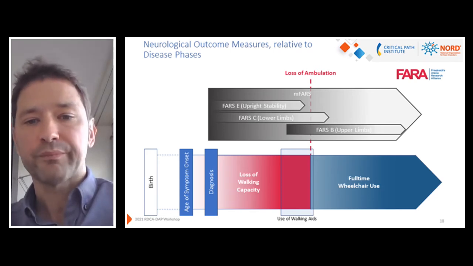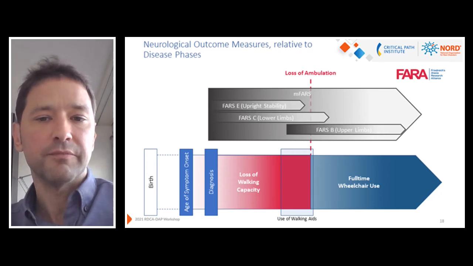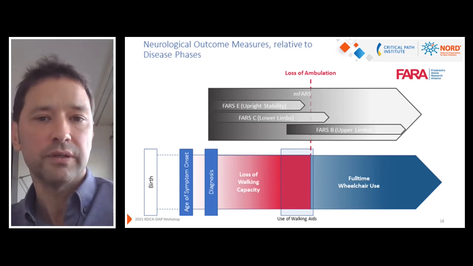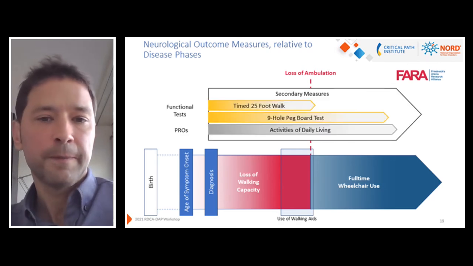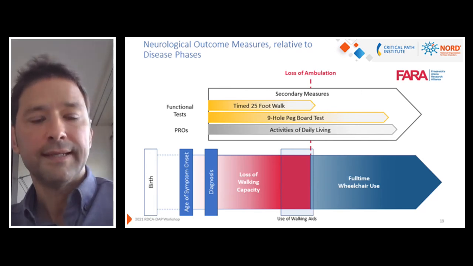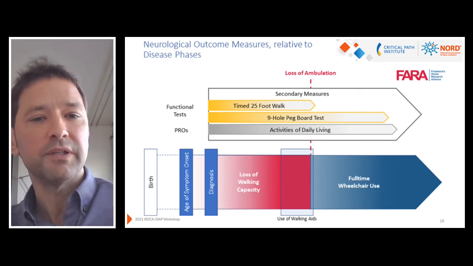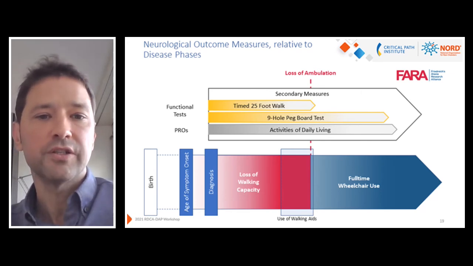And we could show that, for example, upper limb function is mostly lost only in the non-ambulatory phase of the disease. The same is true for direct functional measures, where we have the timed 25-foot walk, obviously in ambulatory people, and the 9-hole peg test, which is actually the only outcome that seems to work throughout the whole range